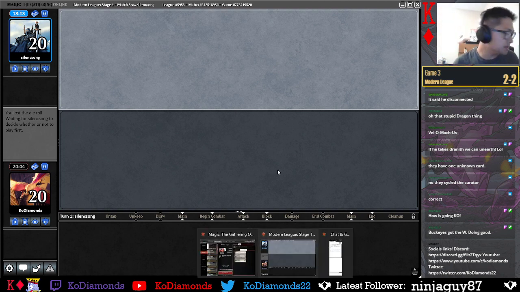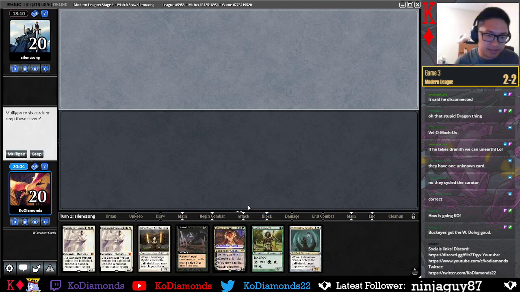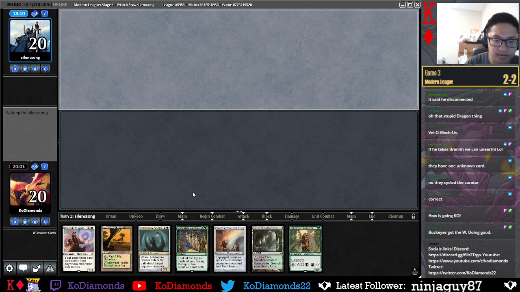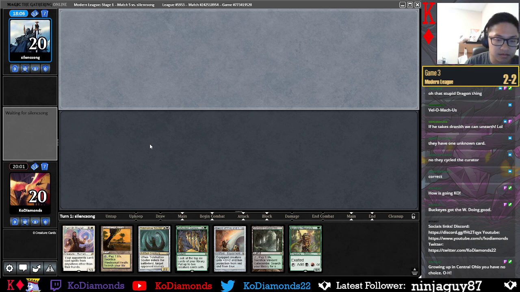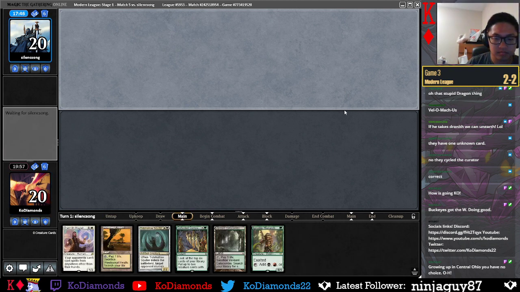On to the last match. Why, deck? Yeah, I mean, I believe it. And respect it, too. So you go Hierarch into Magistrate, because on the draw, they could just 3-mana Outburst, right? So...